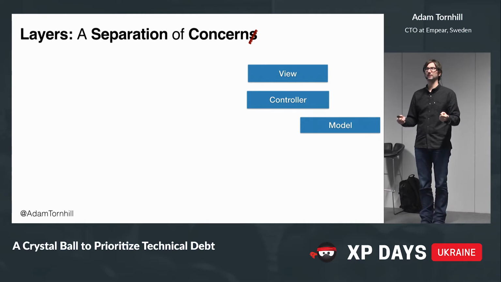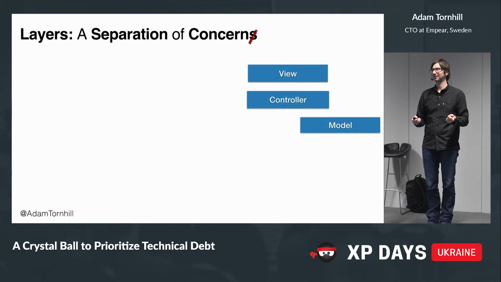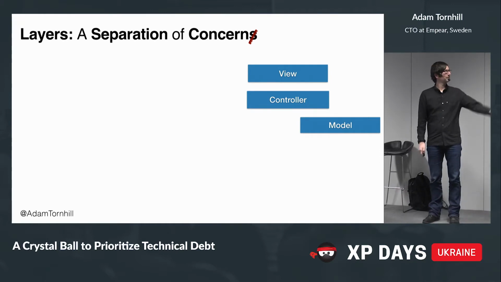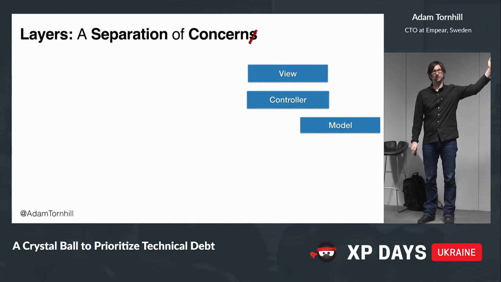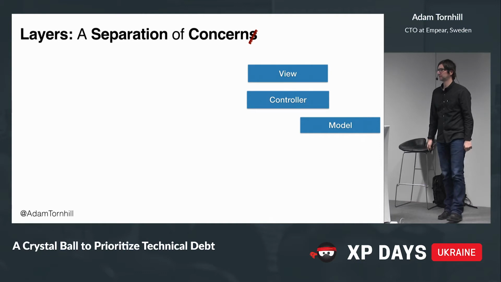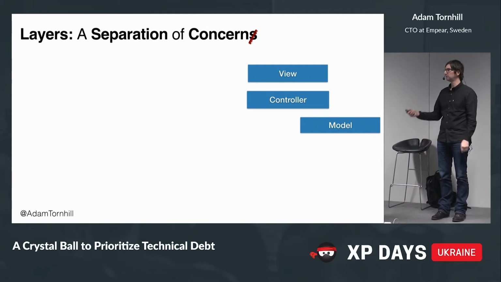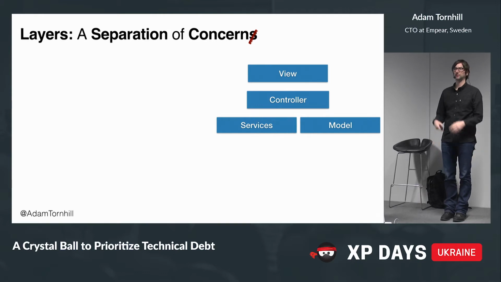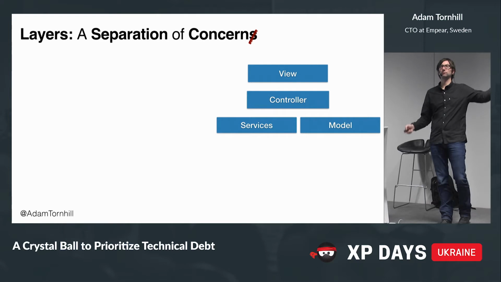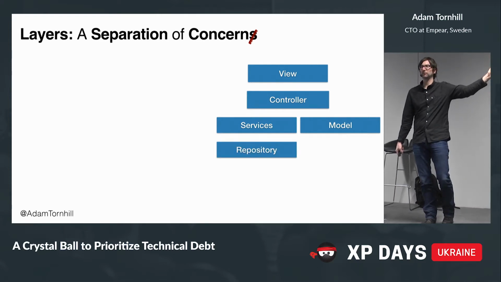The interesting thing is that that's never how the architecture really looks. Because we all know, if you work with a layer architecture, let's say these are the 3 classic MVC parts, we know that we need more layers than that, right? Because we know we need a services layer for all that application logic. And of course, we also know that we need a repository layer. And the reason we need a repository layer